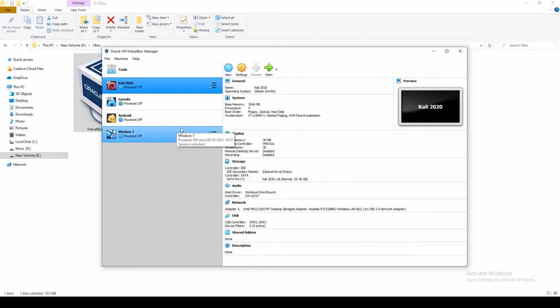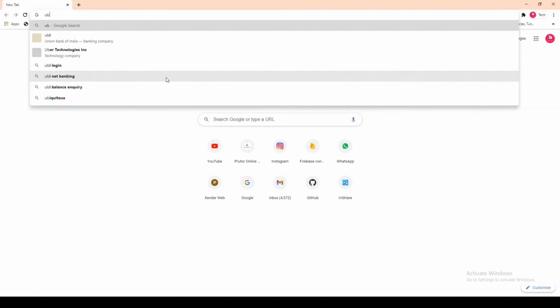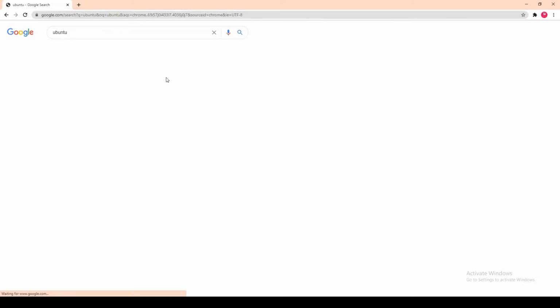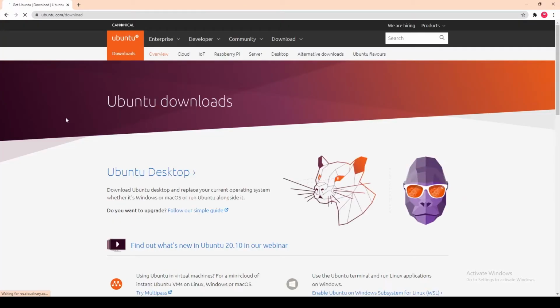First, I'm going to install an Ubuntu OS. For that, I need an Ubuntu OS file. So let's switch to our browser and download the installer file of Ubuntu OS. Just go to Google and search Ubuntu. Click on Ubuntu download.